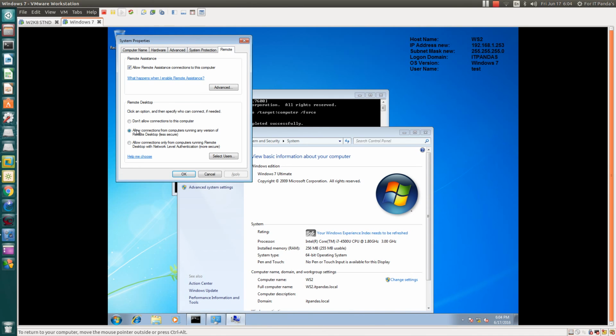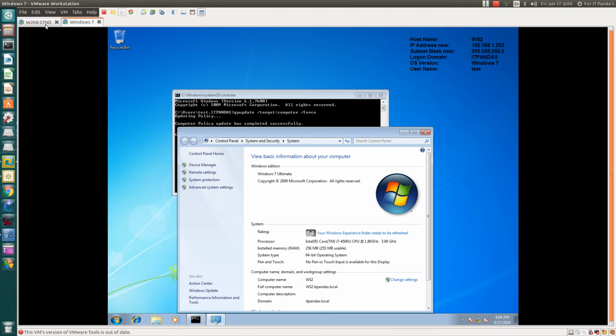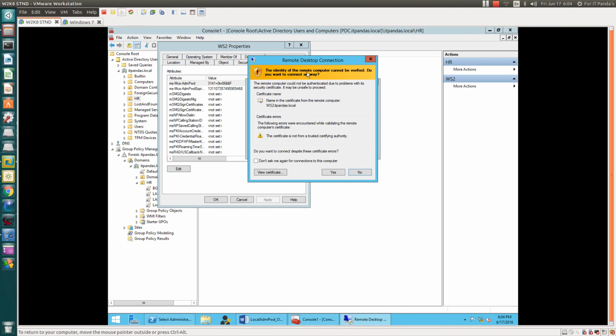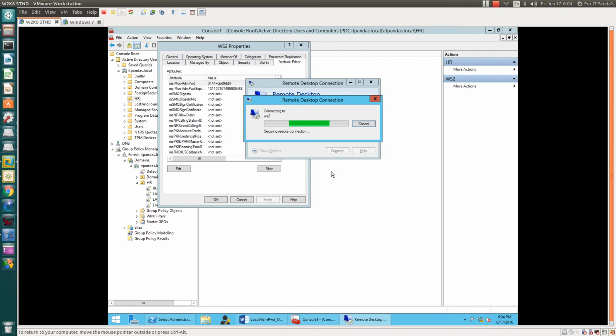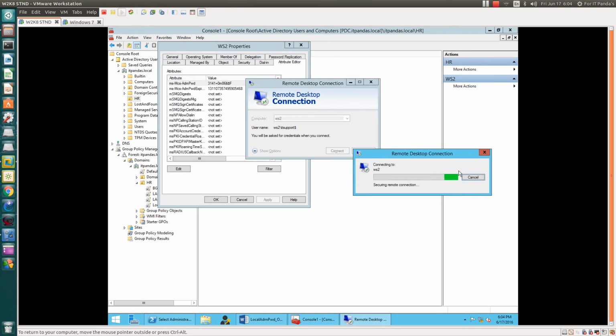Okay, remote is enabled here. Let me close. See, now we have the error, so that says we are good to go. We can connect to the remote computer. That means the password is working fine now. Let me minimize this one.